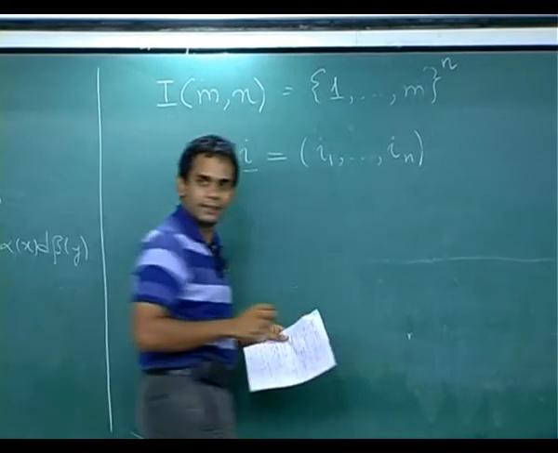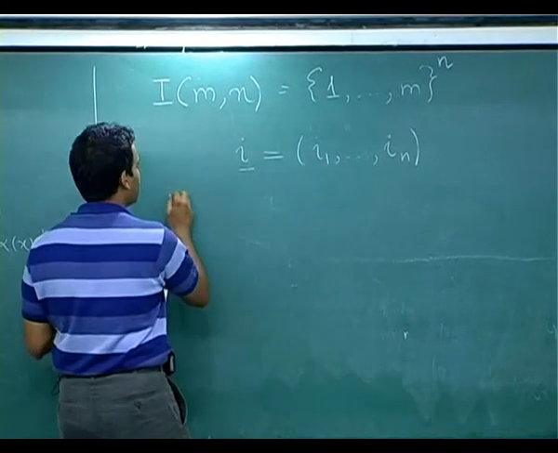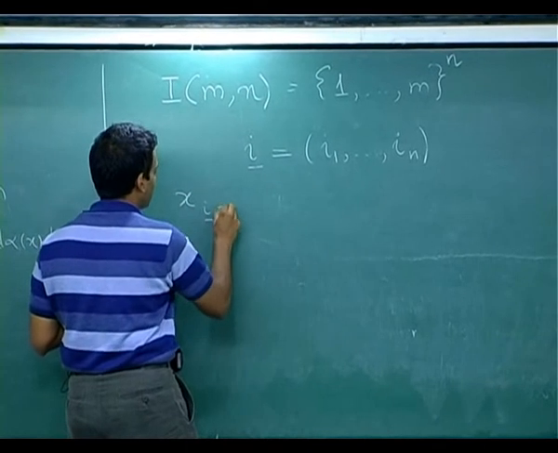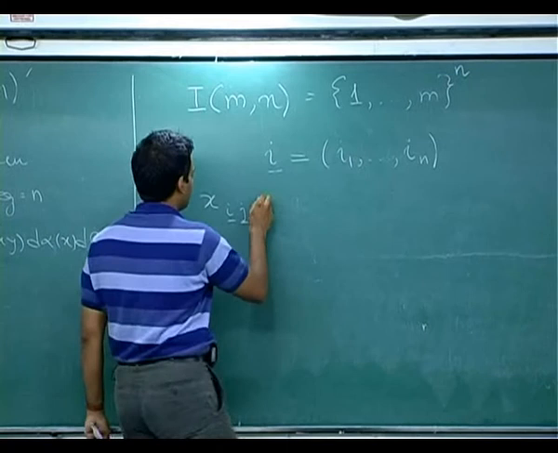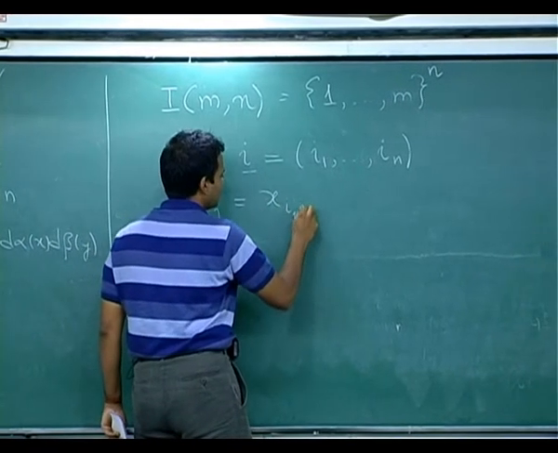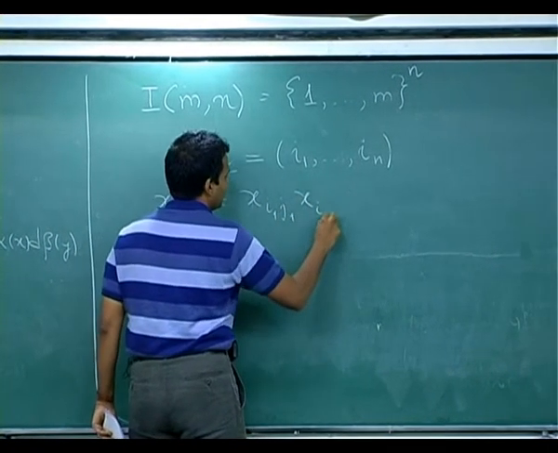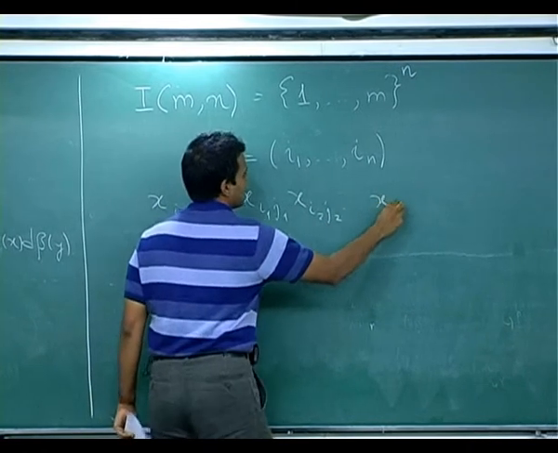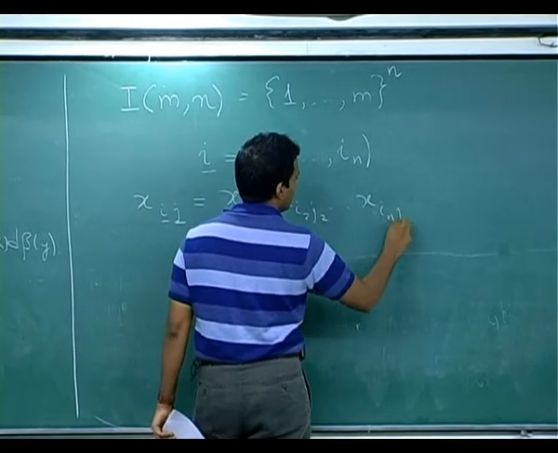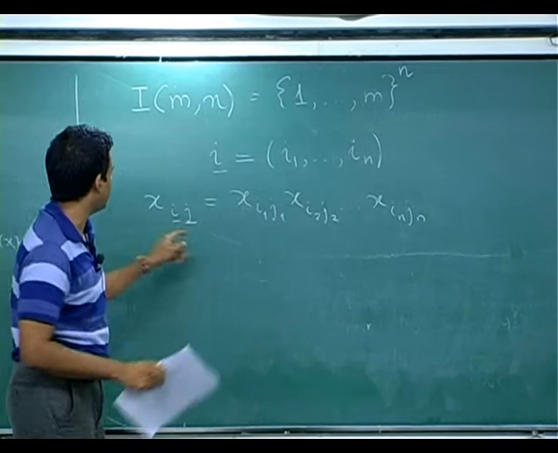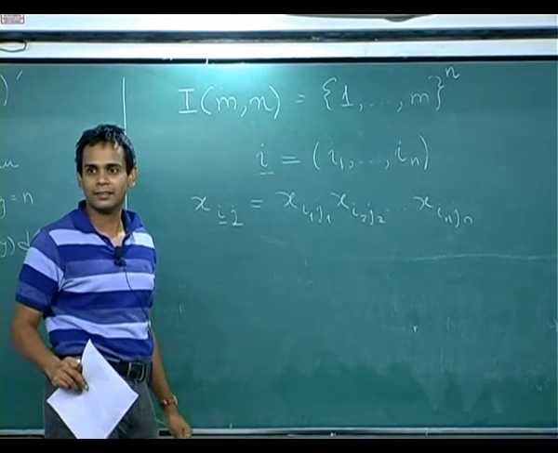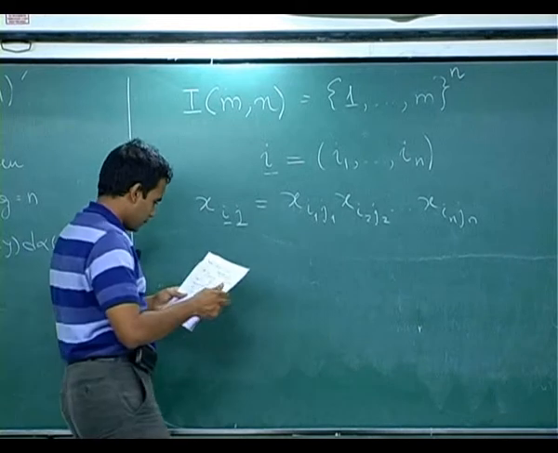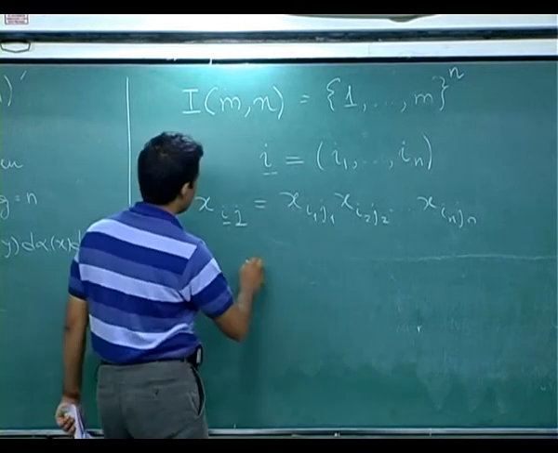This is called a multi-index, and given two multi-indices you can write down a monomial in the n squared variables x I1 j1, x I2 j2, up to x In jn. This is a monomial of degree n. I hope it is understood here that j is the multi-index j1, j2, up to jn. Okay, so now this is a monomial